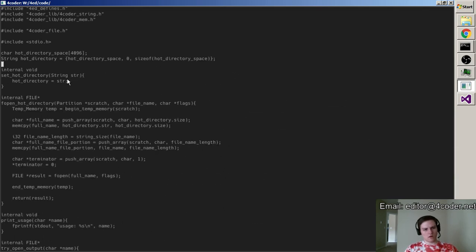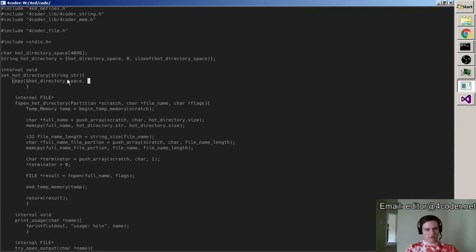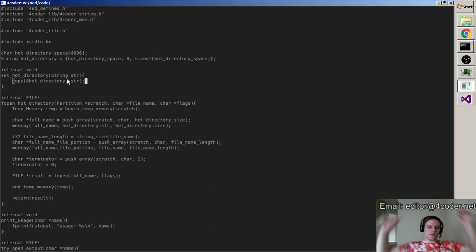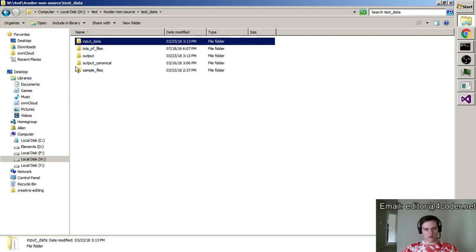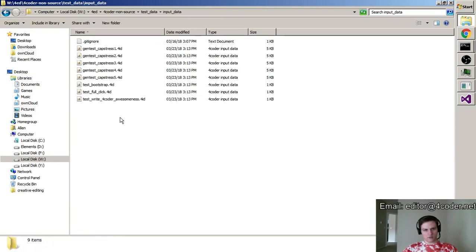And the reason I'm going to want that is so then I end up doing this, so that I can do things like pushing and popping directories off of it as well. Yes, because then when I start in the input data folder, I will